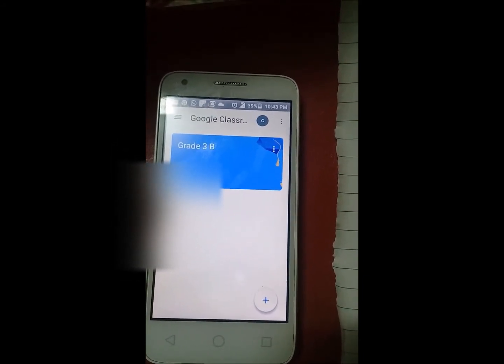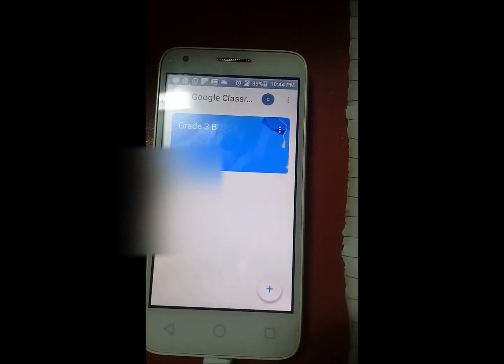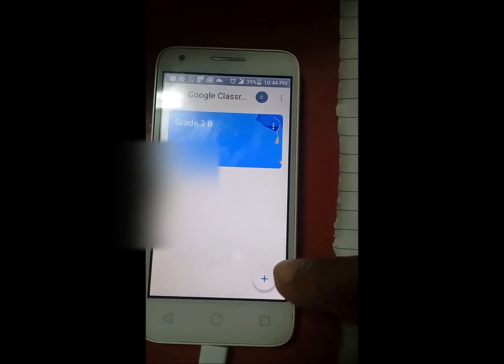Now, what if your child's teacher gave you the class code, right? You can use a class code to join the class. So what I'll be doing right now is showing you how you use the class code to join the class. Down here where you see this plus sign is where you would click to join a class. So when you click on this button,